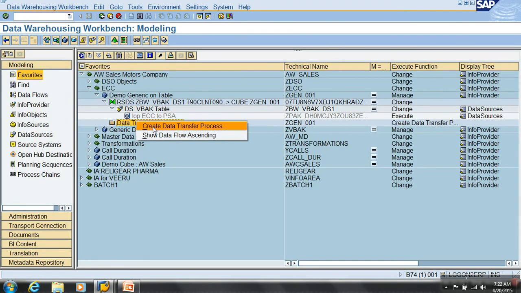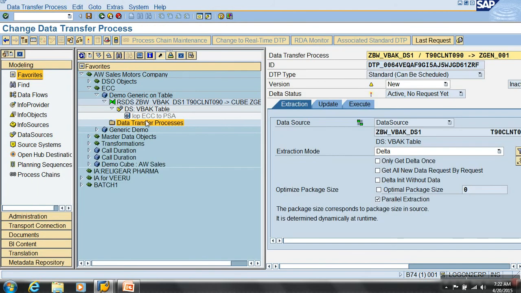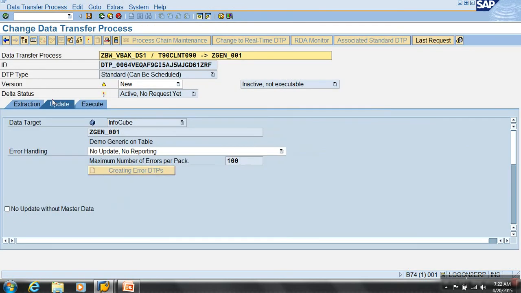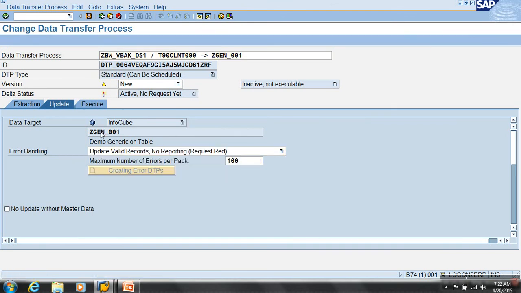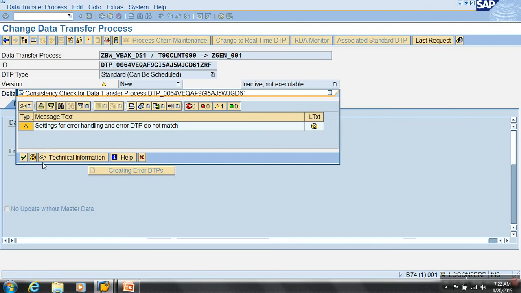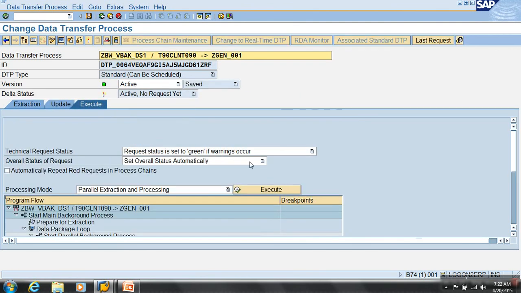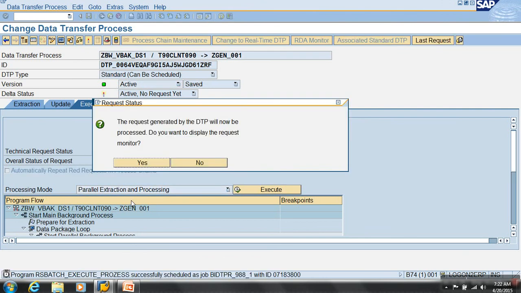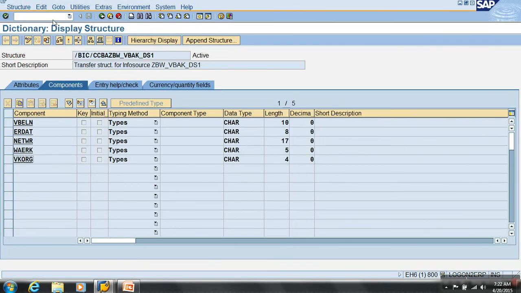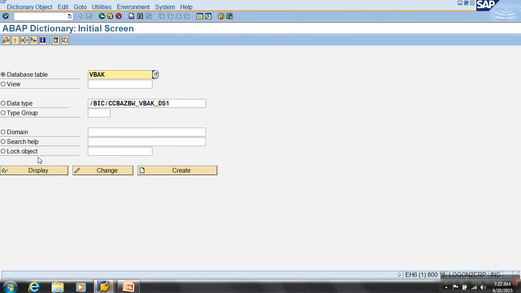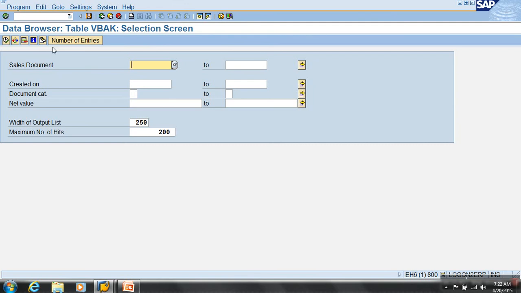What should I do now? Create DTP. Error handling: valid records update, no report. If there are any error records, let them be written to the error stack, then I will take them from the error DTP. So actually how many records were there in VBAK? 9248.